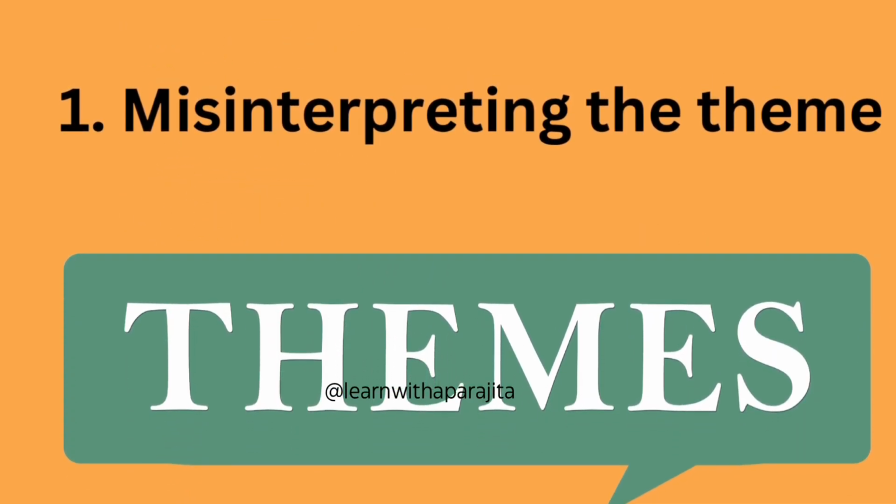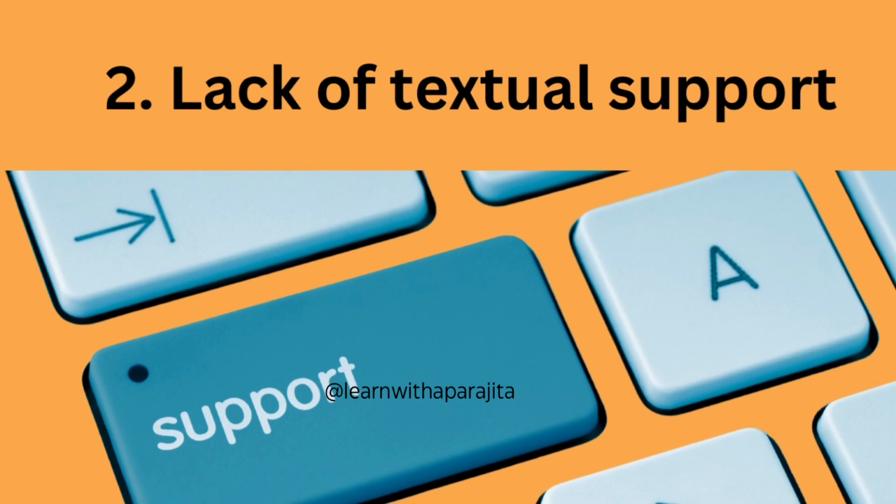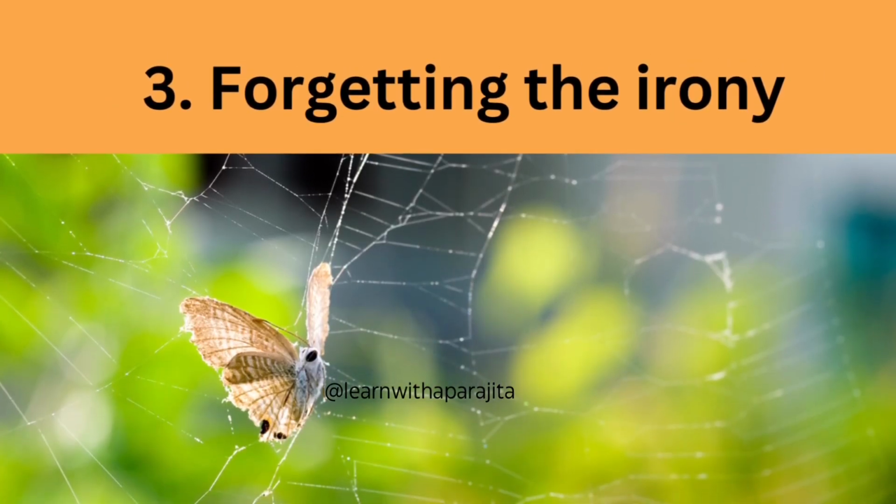Avoid just focusing on child labor. The story also highlights lost childhood dreams versus reality and societal norms. Always back up your answers with quotes from the text. Reference to context will strengthen your answer. Don't miss out on the irony in Saheb's name and the contrast between his dreams and his life's reality.